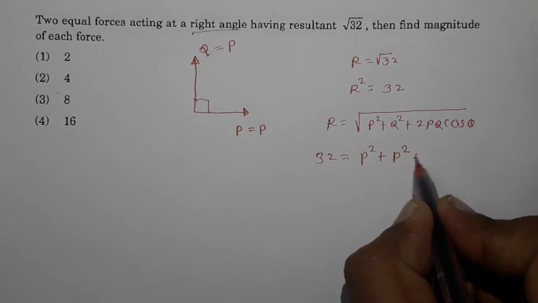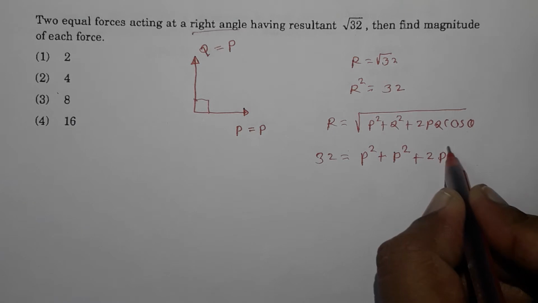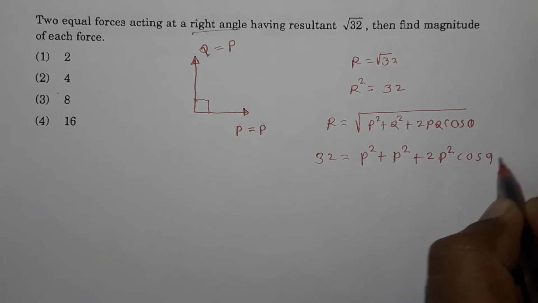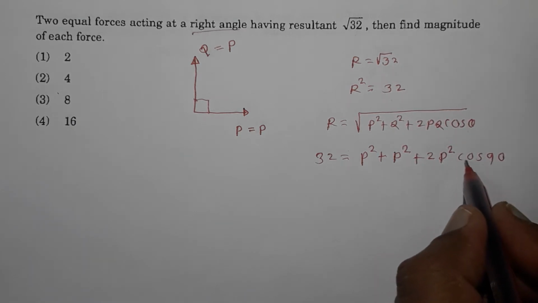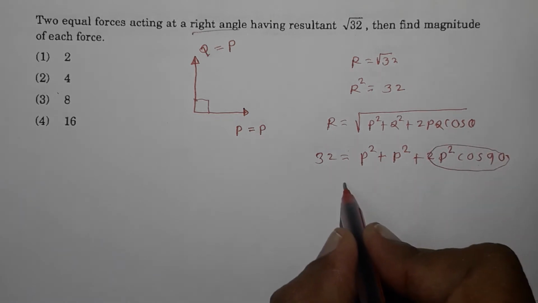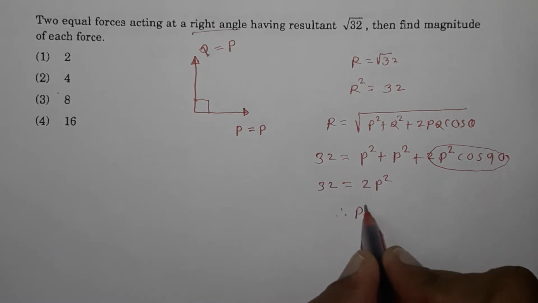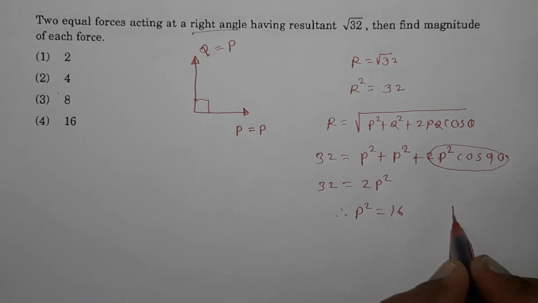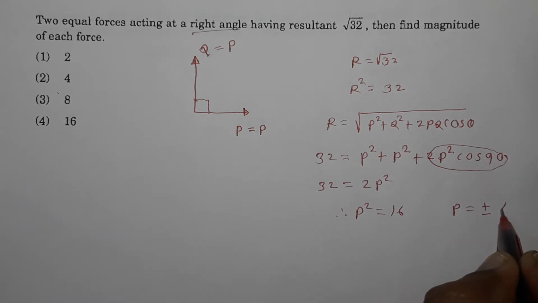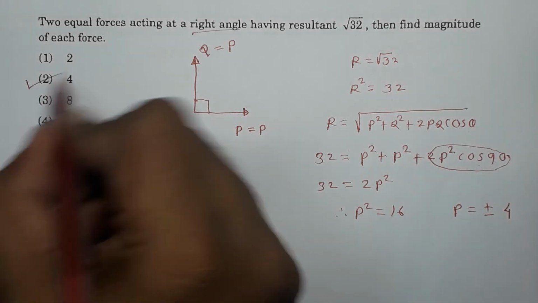So P square plus 2 times P into Q. Q is equal to P. If I substitute it over here, it will be 2P square into cos of 90, because the angle between the two forces is 90 degrees. So cos 90 is 0, and that is why this entire term will be 0, and the equation becomes 2P square is equal to 32, and therefore P square is equal to 16, and hence P is equal to plus or minus 4. Now plus or minus, it is there to indicate the direction. The magnitude of the force P will be 4, and that is why the correct option is option 2,